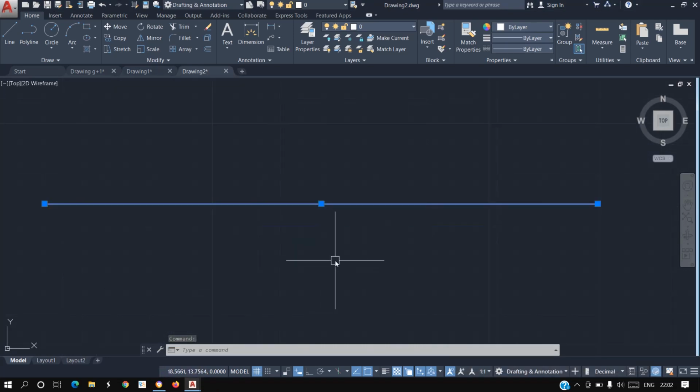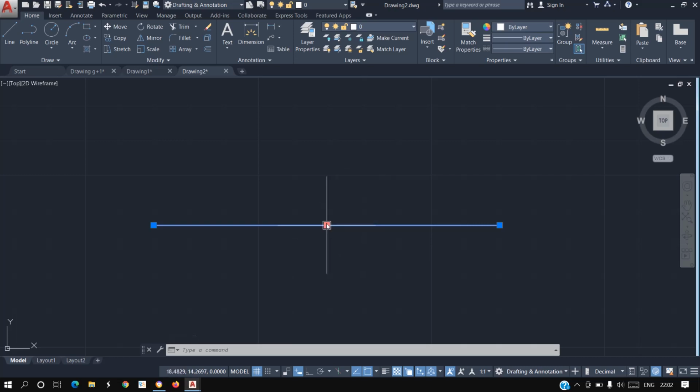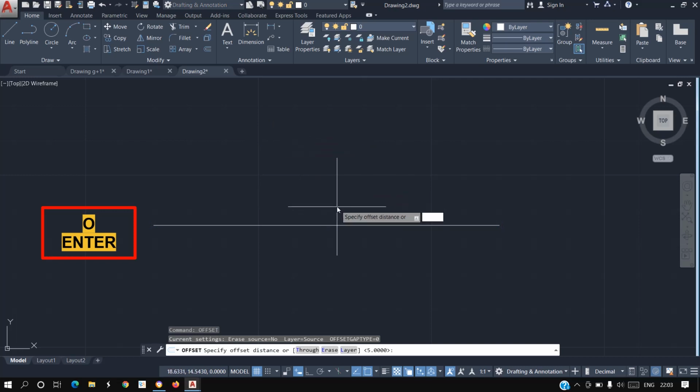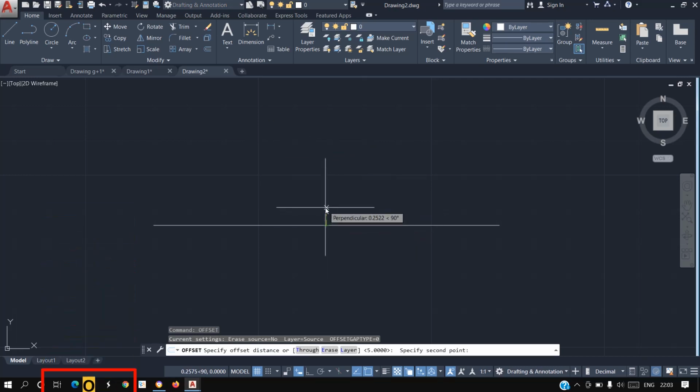Our next command is the offset command. The offset command is used to make parallel lines. Let's say I select this line. You can choose the offset command from here or type O, enter, and enter the distance at which you want to make an offset. Let's say 1 meter.